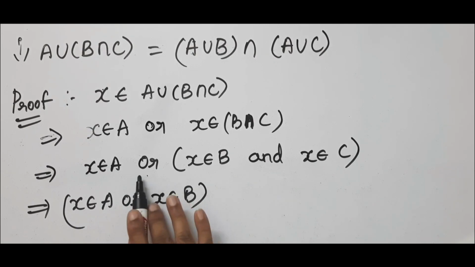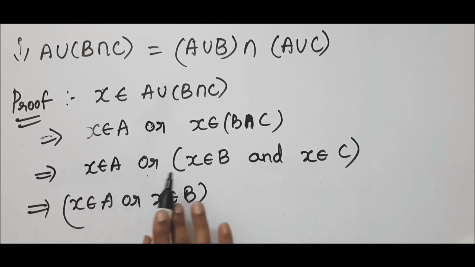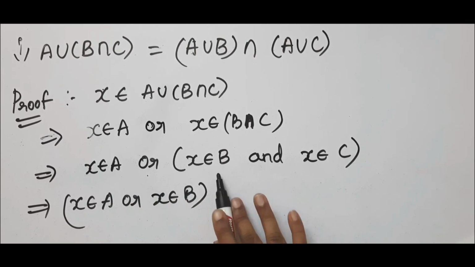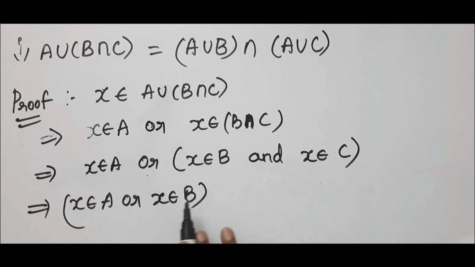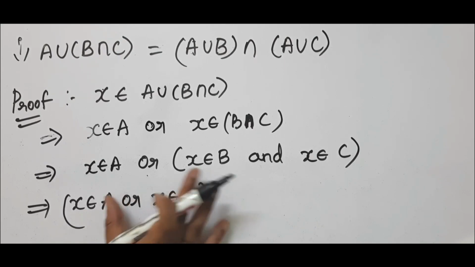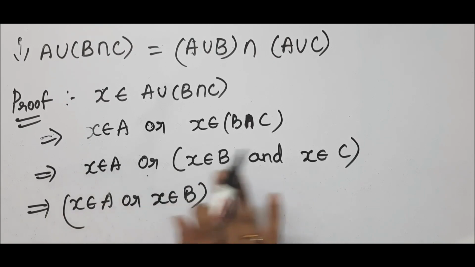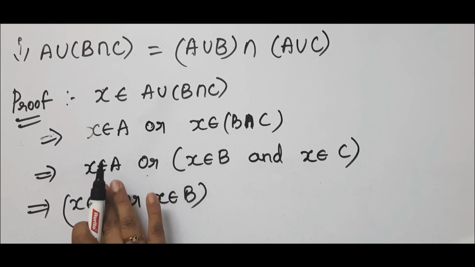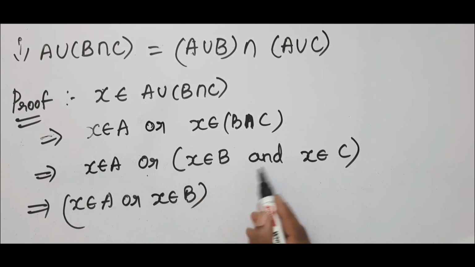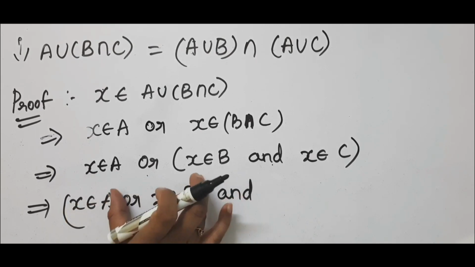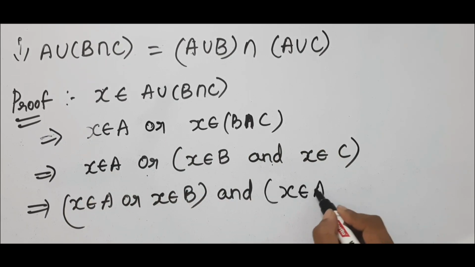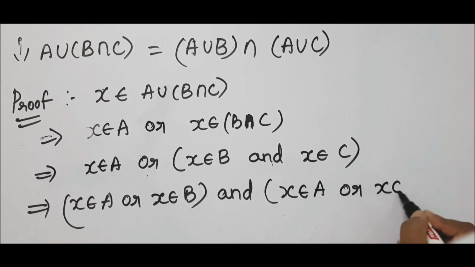When two different words are there, this shows that X is common: X is in this set as well as in this set. This word says that X is a common element of these two. So we cannot simply remove the brackets and join these two. I'm just combining this set with these sets. So X belongs to A, I kept the OR here, and then I have written X belongs to B. Then write down this "and", and this shows that this element belongs to these two sets. So X belongs to A or X belongs to C.